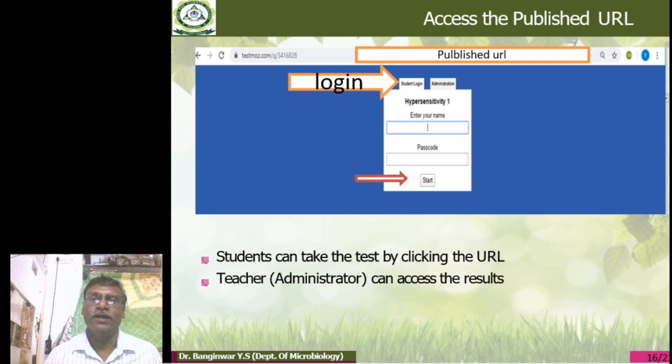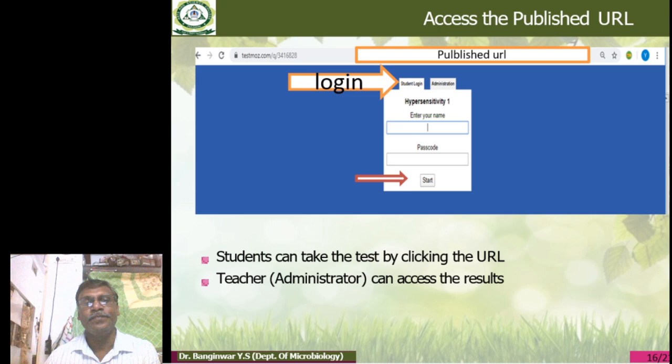Just enter the name of the student, it may be Ram, Sham, Kailash, Shankar, whatever it may be. Then the password for all the students will be the same, 12345, and just start. The teacher, the administrator, can assess the result later on.